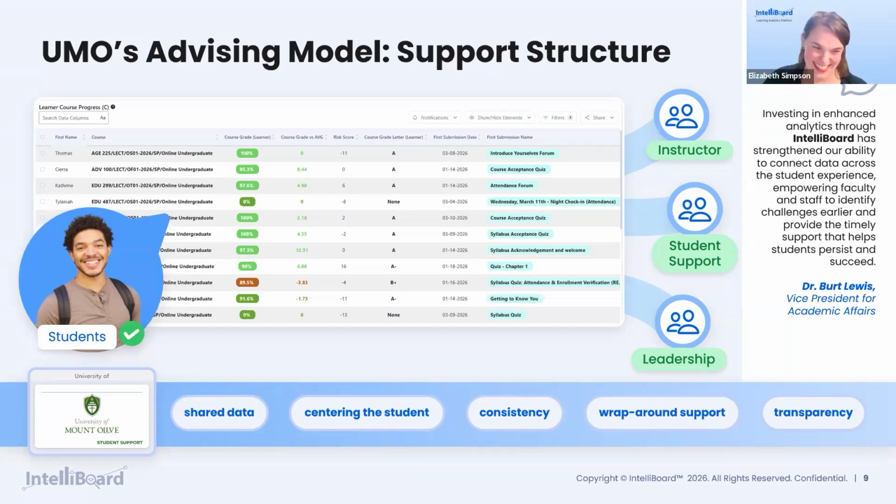All right. So in advising, you've heard it from the online side, but traditionally here we use a faculty advising model. So we have two different advising models, which can sometimes be a challenge to navigate.